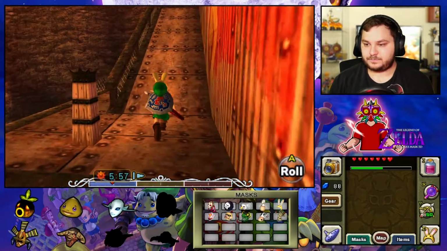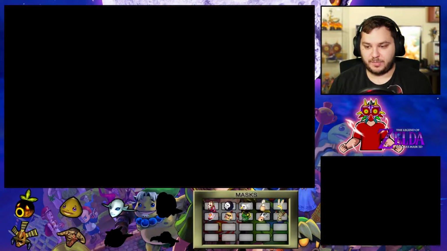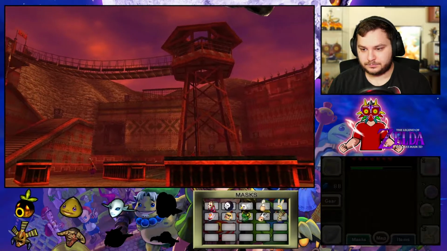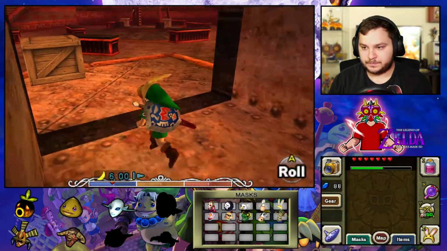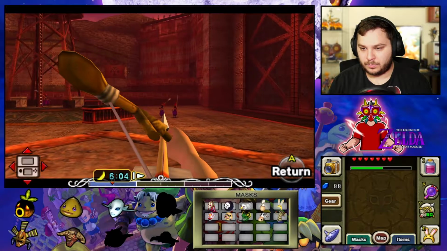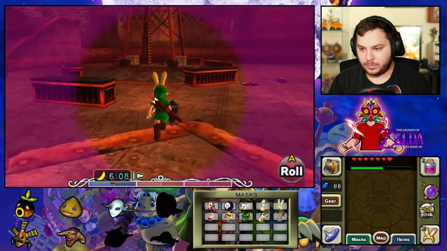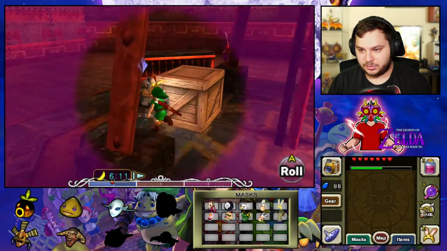So the arrows will allow us to stun the first couple of pirates we see so we can run by, just so that we can get the mask. Alright, and now we have to talk to